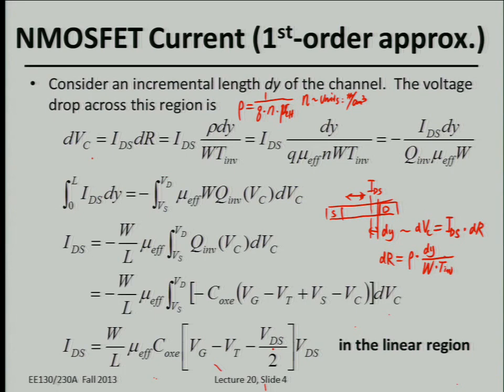Here we would like to rearrange the terms. We can combine those three quantities, Q, N, and T inversion, by redefining a quantity called the areal inversion charge concentration, which is equal to Q times N times T inversion,